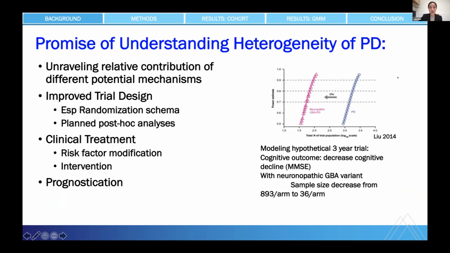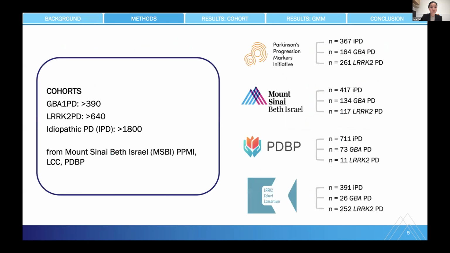To put our work into context, to really achieve personalized medicine in PD, we need a better understanding of its heterogeneity and factors that contribute to the disease process. This will guide treatment, prognostication, and strengthen clinical trial design. We sought to not only better dissect heterogeneity, but to focus on latent classes to better understand how PD progresses and assess the factors or drivers associated with this heterogeneity and progression. And we took a focused look at GBA and sex-related differences specifically.